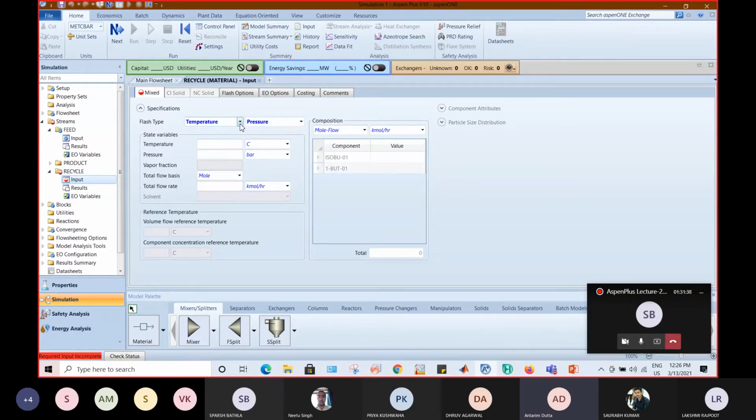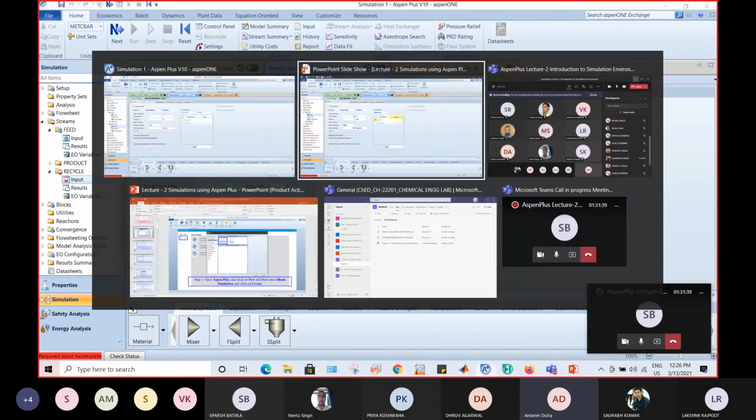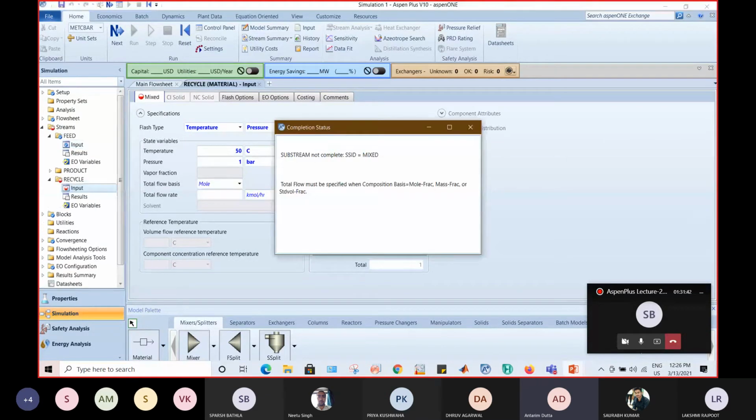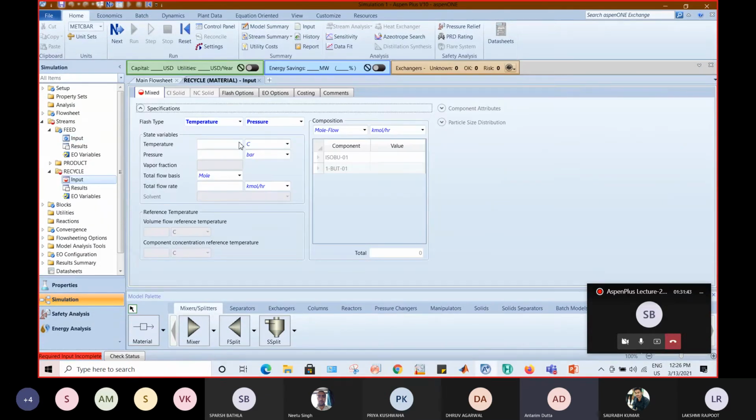Once again, 50 and 1 bar, and the mole fraction is 0.8 and 0.2, I guess, for the specified problem. So here comes the real problem in front of us.